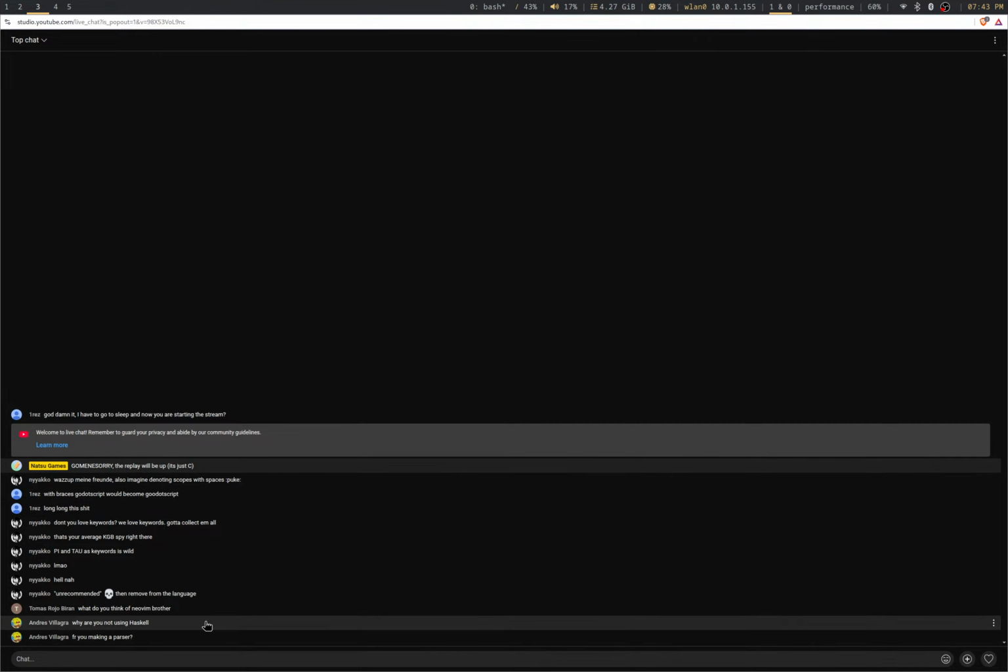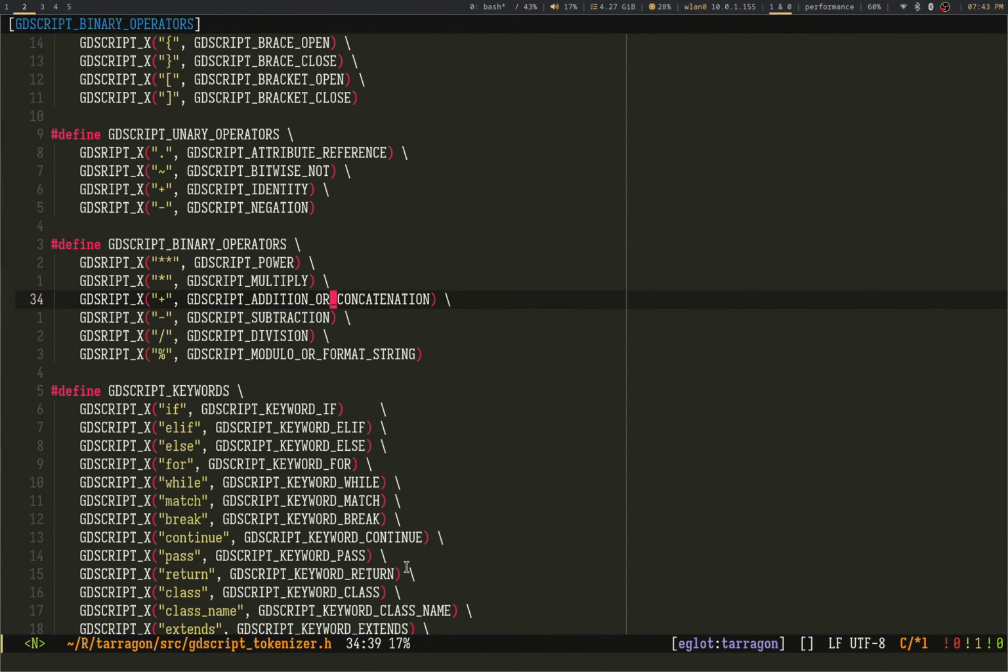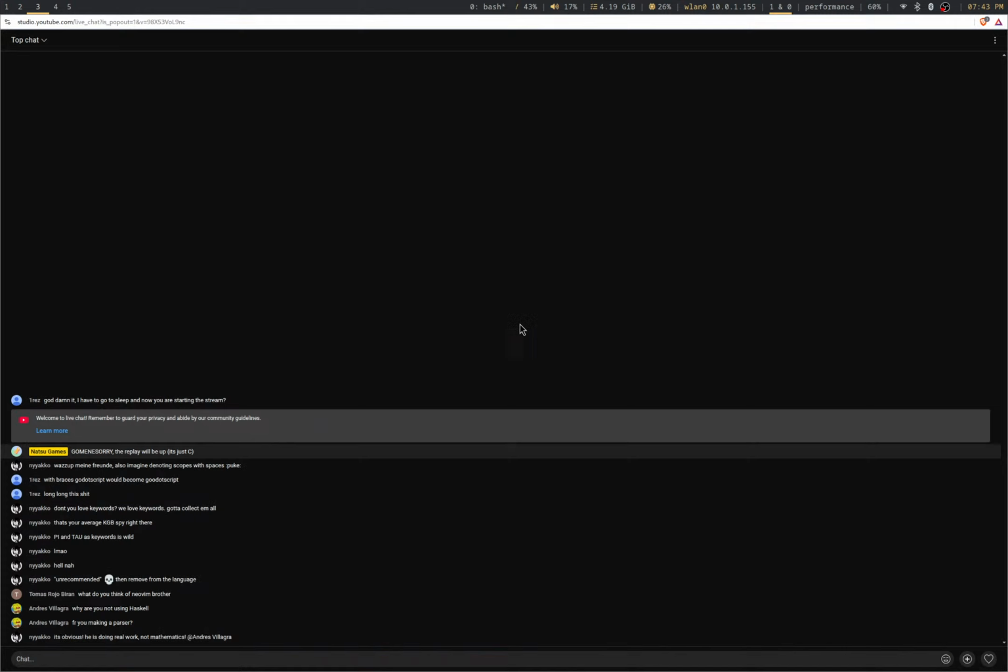Why am I not using Haskell? Good question. I don't know Haskell. Honestly, I was looking at this and I was like, you know, I could write this in Lisp. Speaking of Haskell or versus Common Lisp and such. What do you think of NeoVim, brother?